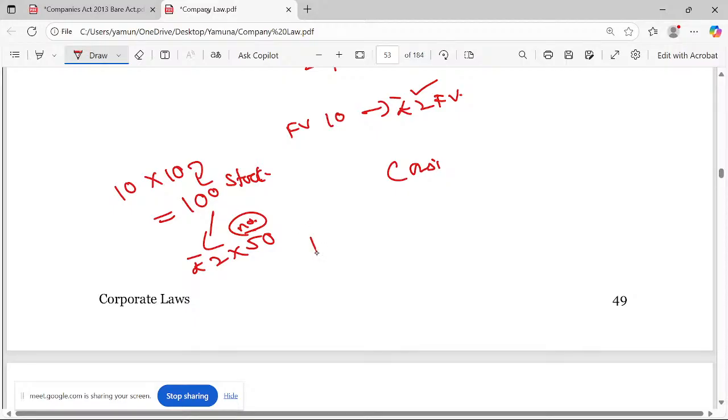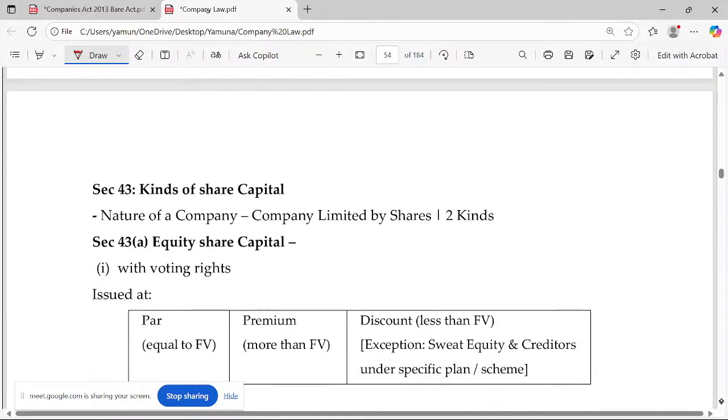In case I'm taking 10 into 10, which is 100, and I take this full 100 rupees as one share, that is face value 100, which means actually I have to make it stock first. This is how it has been applied. So if you refer to any companies, a company which has converted shares to stock will not show this directly. Either it has consolidated or it has split or subdivided. Only in those cases you'll get it. Okay, so let me continue.